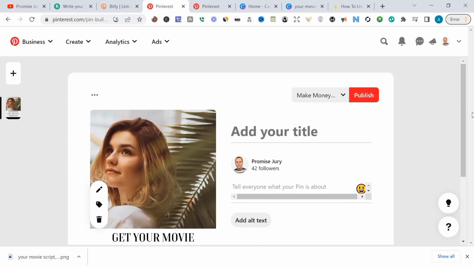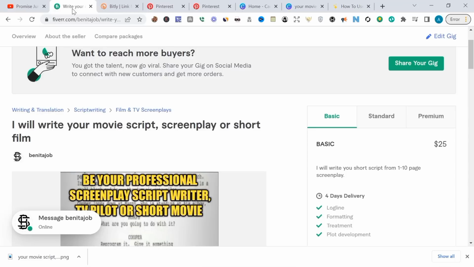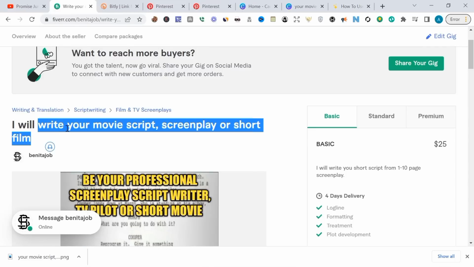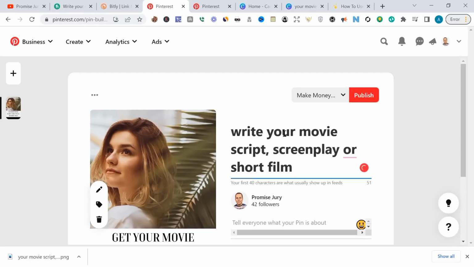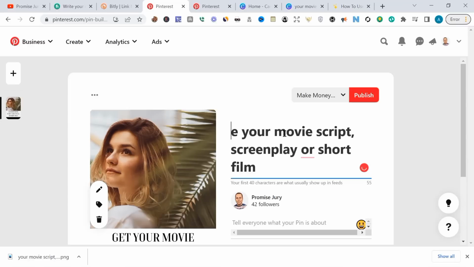So the next thing you want to do right now is to put your title. You can go back to your Fiverr gig again and get that title written out properly. Let me copy and go back there. Can you see this? I paste with Ctrl V. So in this case now, I will write: get your movie screenplay, or